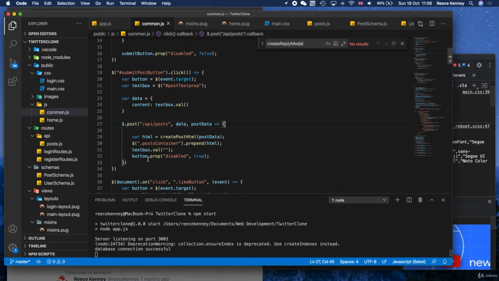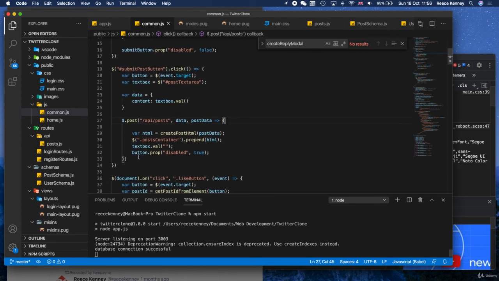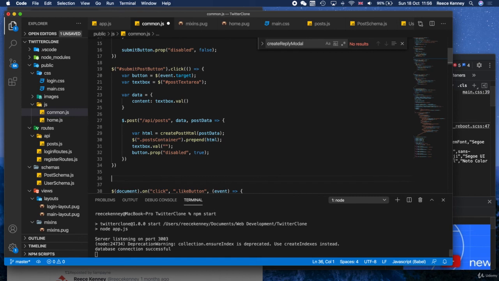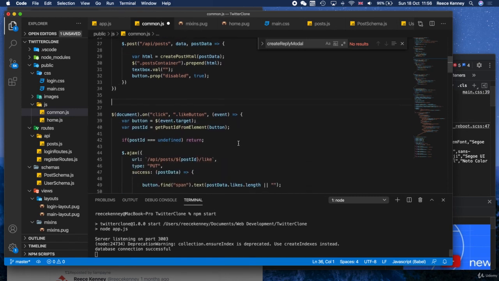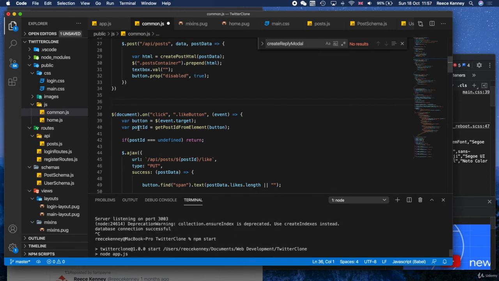We'll go back to common.js and we'll add a new function, well, a new event I should say. We're gonna basically fire an event when the modal is opened. So the way you can tell when a modal has been opened is using a built-in Bootstrap event. So if we say